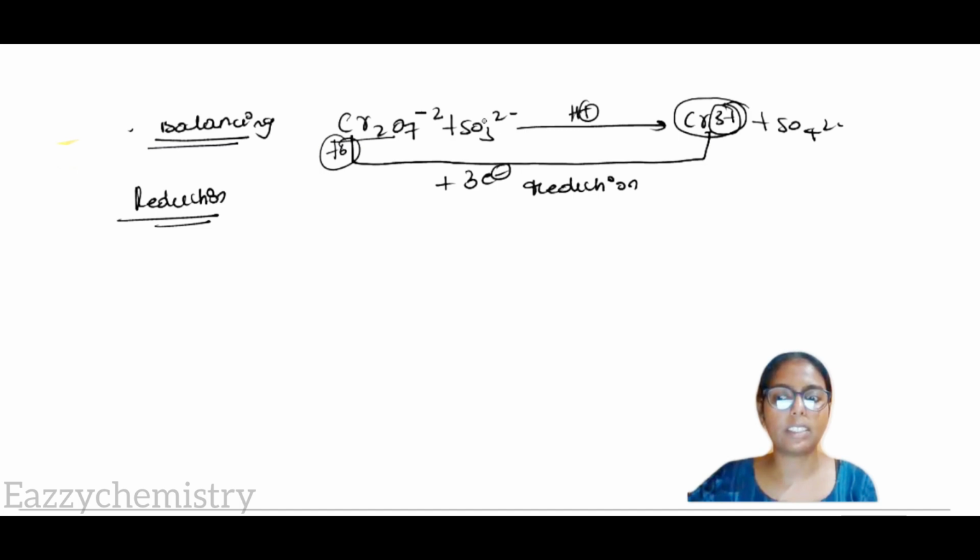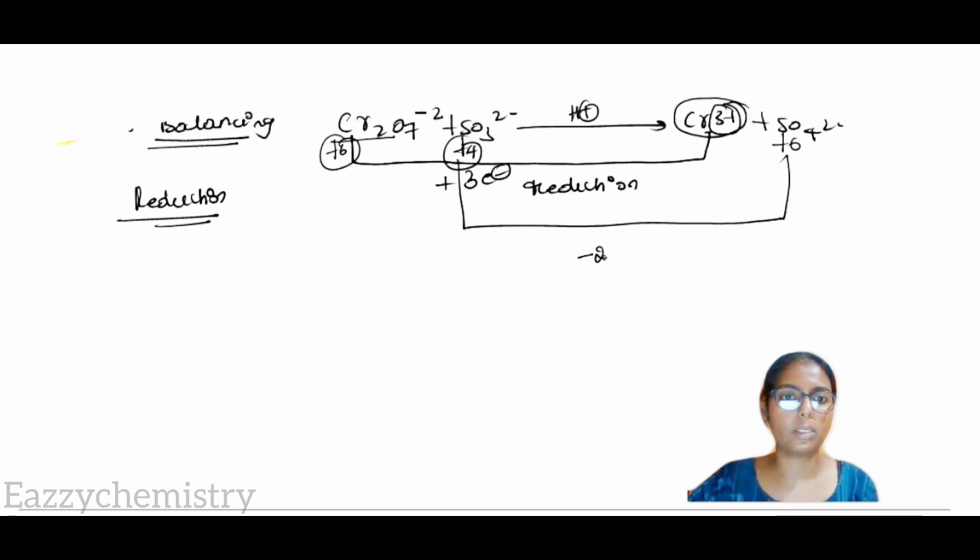And here is the oxidation state of the sulfur: here it is +4, and here it converts into +6. That means there is a loss of 2 electrons, minus 2 electrons. So that's why it is undergoing oxidation. So if we write the reduction reaction, that is